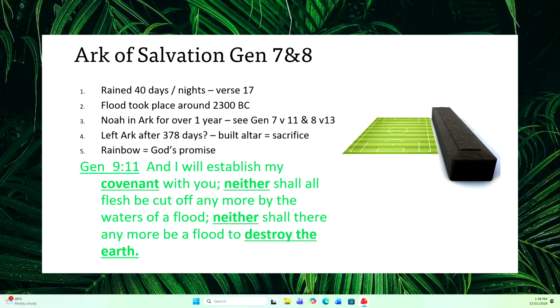They were in the ark for over a year, and then after God had wiped away sin from the earth using the flood, notice the colour of this verse. Notice that it's green. Does anybody remember a green line before? Genesis 9 verse 11, God makes a very important promise that he will never destroy the earth through flood again.